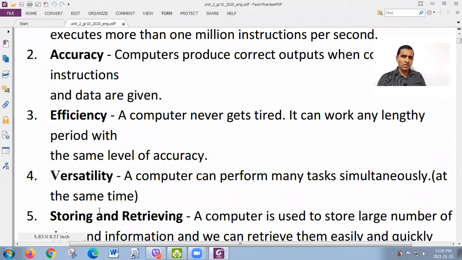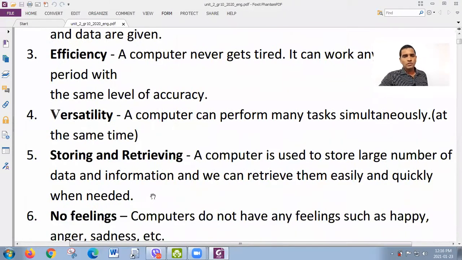Like that you can take 3 times, so 3 works, 4 works simultaneously. That is versatility. A computer can perform many tasks simultaneously, which means at the same time. Then they have the capability for storing. They can store something. Even they can store millions of data inside, because as you know, we have some storage